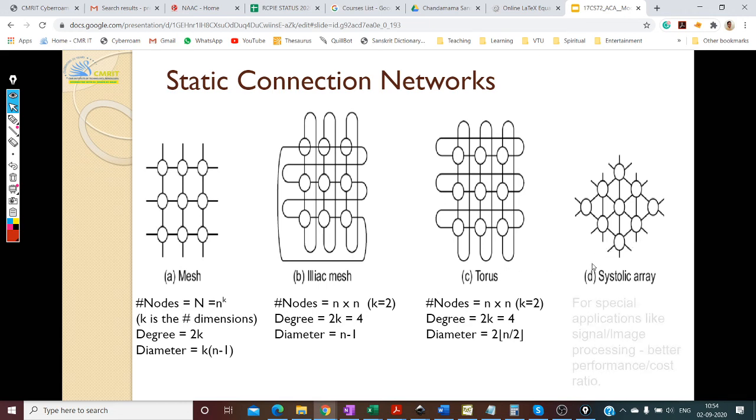And then you have your systolic array. Systolic array is very useful for signal processing applications, where let us say you have A, B and C as matrices. These three matrices will go into this, and then they'll get processed. They'll keep moving in this direction, this direction, this direction. So it's a very nice pipelined way of processing things. This is very useful for signal processing and nothing apart from that. It's very specific to signal processing applications.